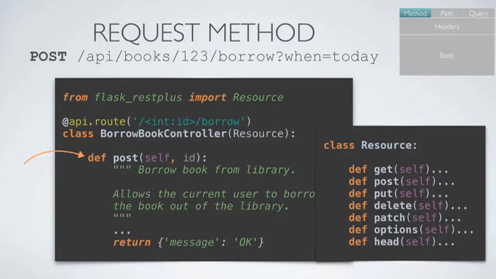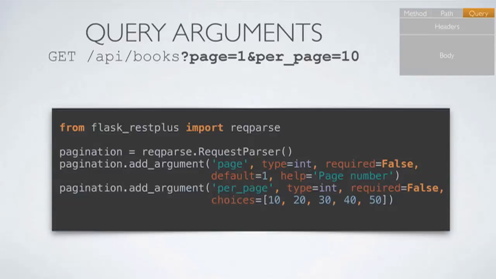The types are obvious ones, integer, float. There is a less obvious one called path, which is a string that can contain slashes, and you can even specify unique IDs in the URLs. These become then parts of the form, and the next part that you can specify parameters in is the query parameters.